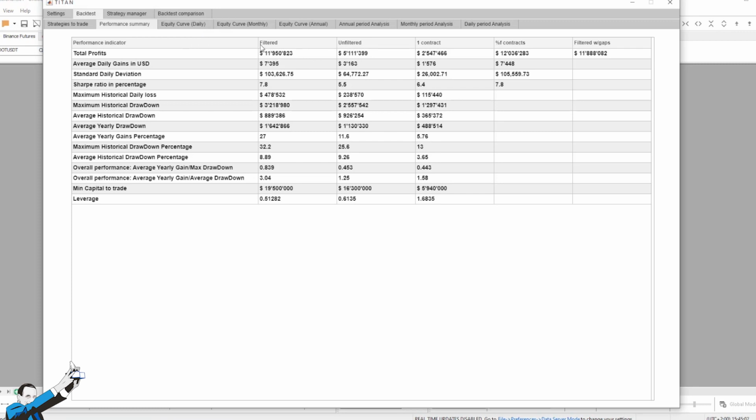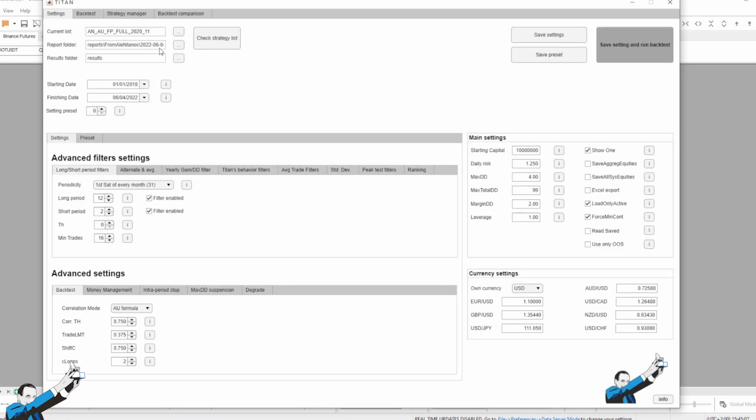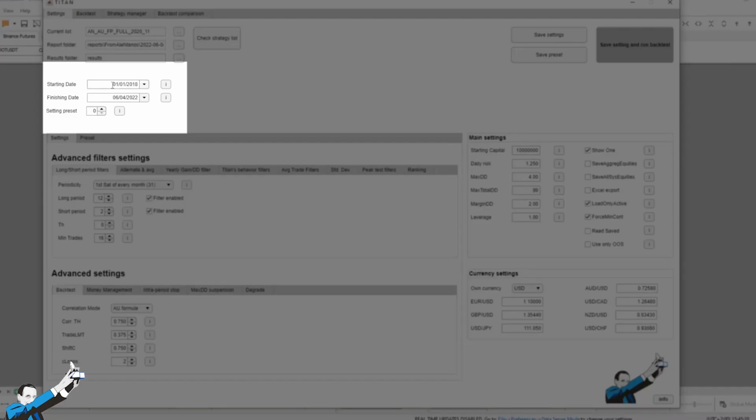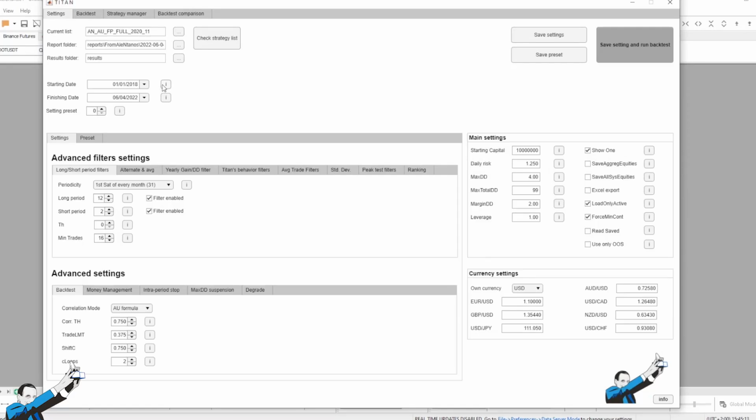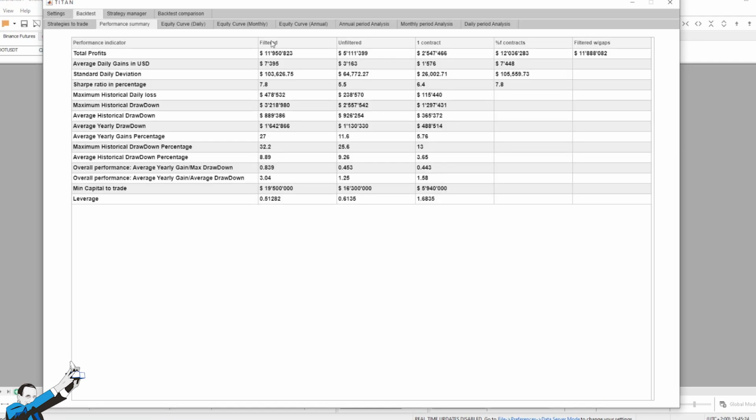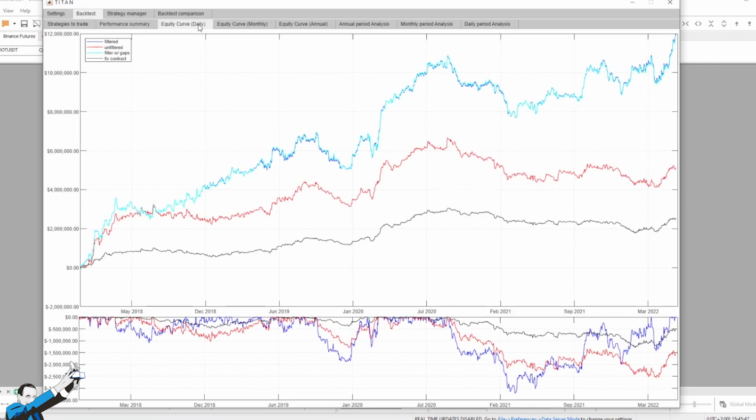And here, look, we see it right away. By filtering the equities, we'll get the performance from the beginning of 2018, the year in which most of the systems that I'm currently using were created. So I'm going to go look for the out of sample and out of optimization performance of the strategies. And we see how the result of the filtered equities, which is about 12 million, is significantly higher than using a logic that doesn't apply any filtering on the equities. So looking only at money management in this case. But we've already said that this aspect is insignificant. You can see that the earnings are double.